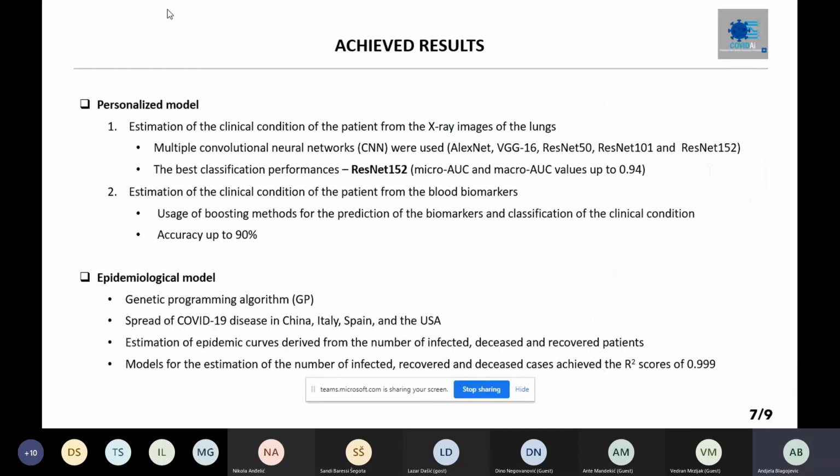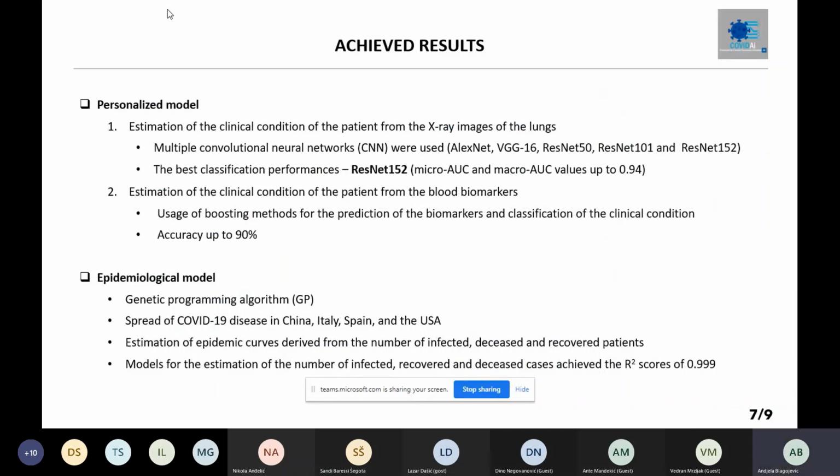We used a few convolutional neural networks, such as AlexNet, VGG16, ResNet 50, ResNet 101, and ResNet 152. The best classification performance was achieved by ResNet 152, and the area under the curve is up to